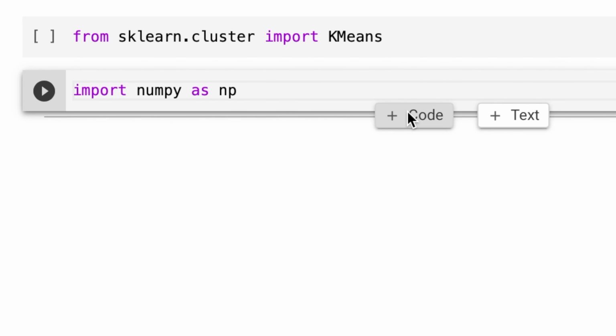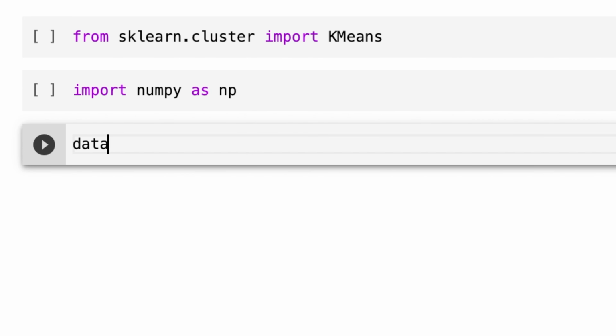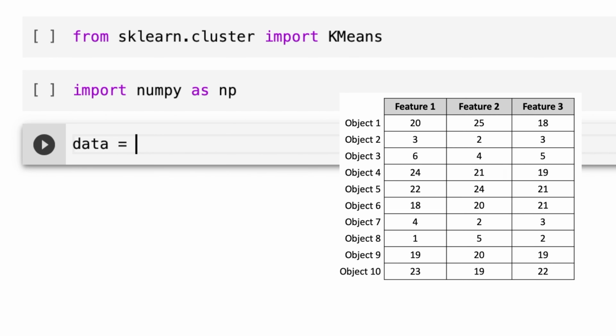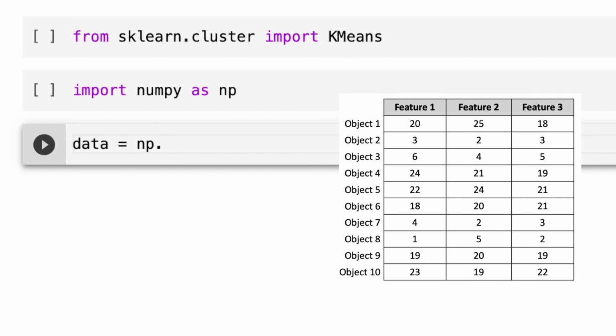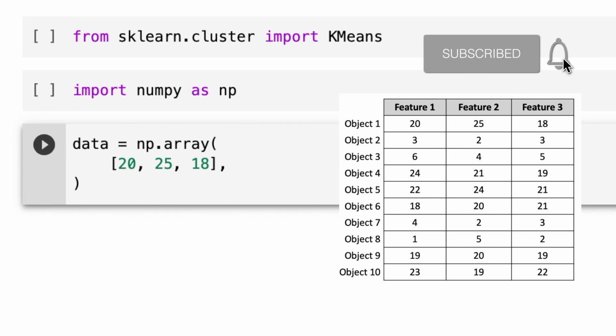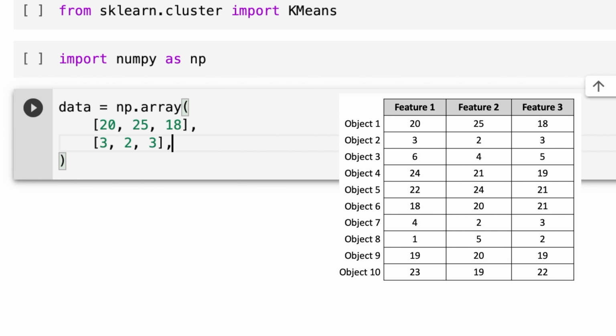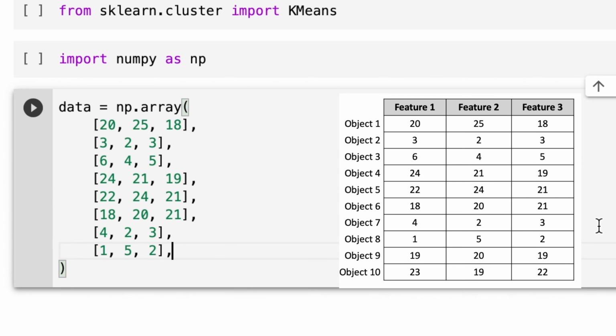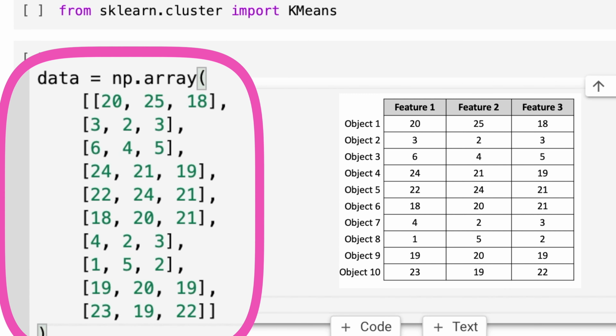Then I will create the dataset. The dataset will be precisely this one. I will hardcode the data here by typing the numbers. I am creating a NumPy array that will contain the 10 rows and 3 columns of this data table. That is, this variable named data contains the dataset. The variable data is a two-dimensional NumPy array. This two-dimensional array will hold this three-dimensional data table of 10 rows.